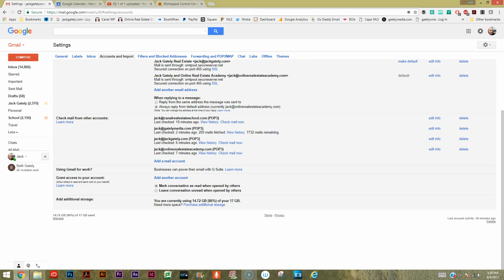And give it a minute or two to fetch the emails off the server. And as you can see here, it just fetched 2 minutes ago, 200 emails fetched. And all of those are going to show up in my Gmail account. So there is a period of transition for sure. Also, since we're not going to be leaving any new emails on the server, they'll all be here in my Gmail, which will allow me not to have to be confused or be double deleting from different accounts,